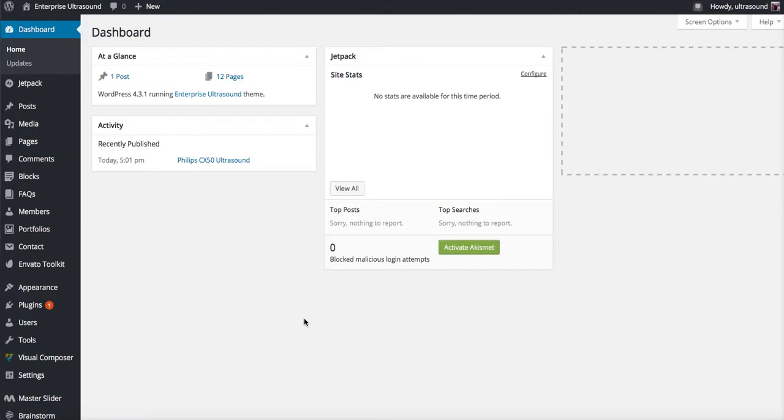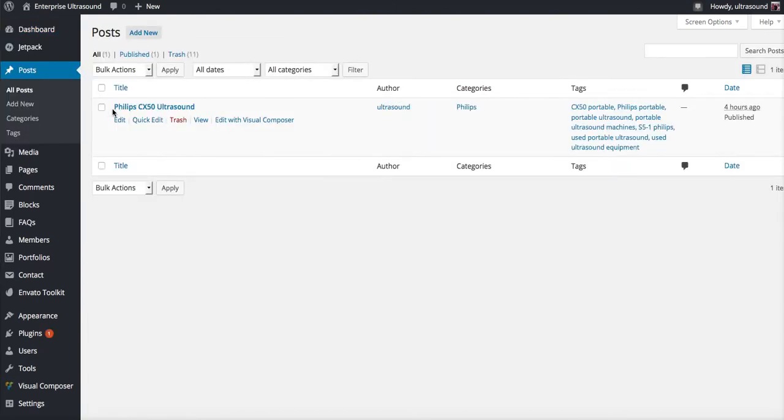How to make changes and add new products to your website. So after you log in, you're in your dashboard. You're simply going to go to All Posts. All Posts is where all the products are going to be. From here, there's going to be a list of all the products you